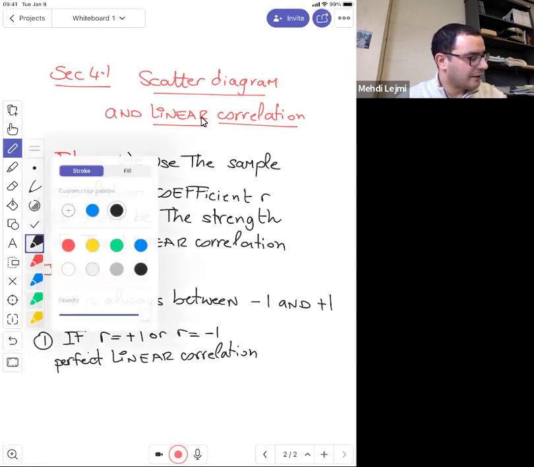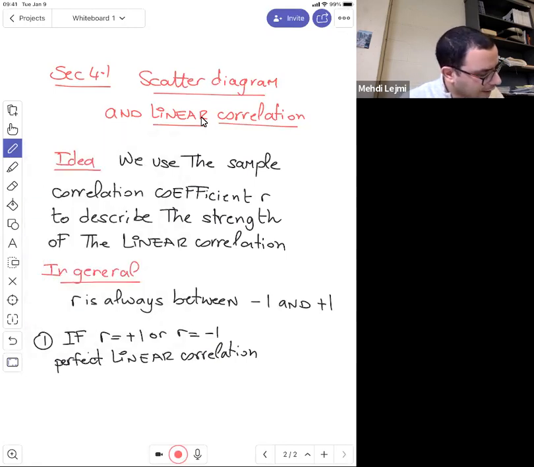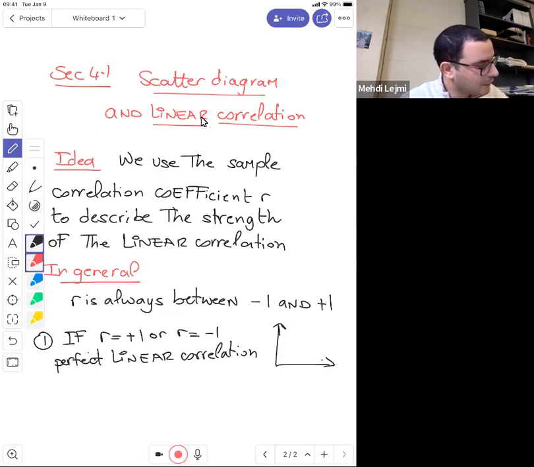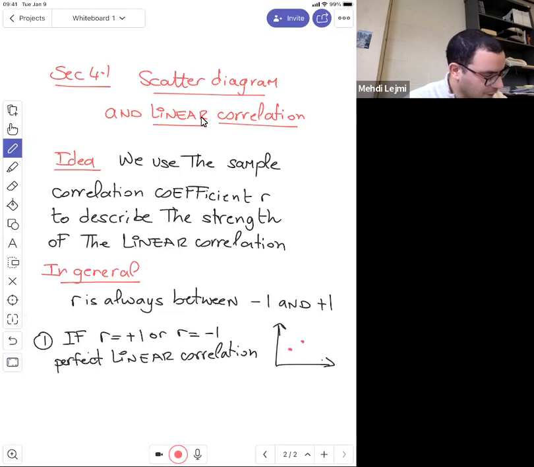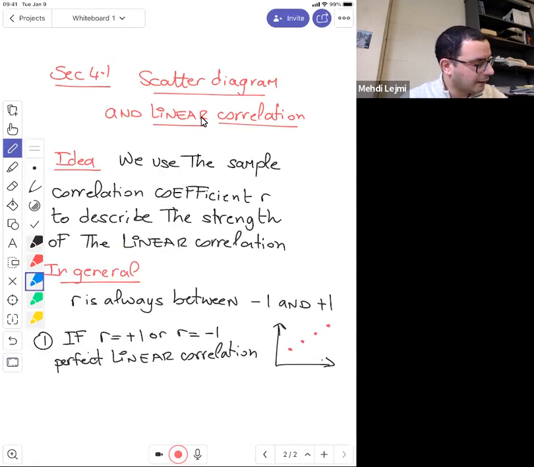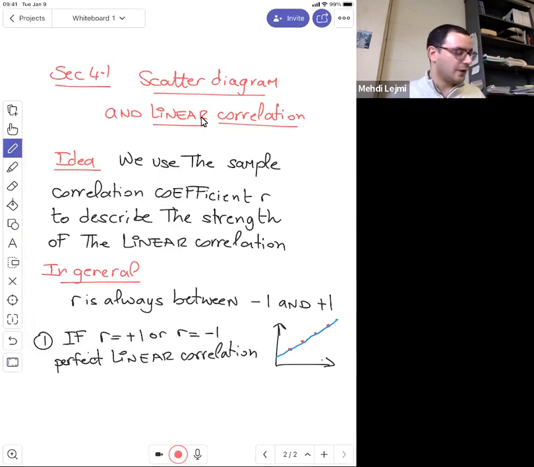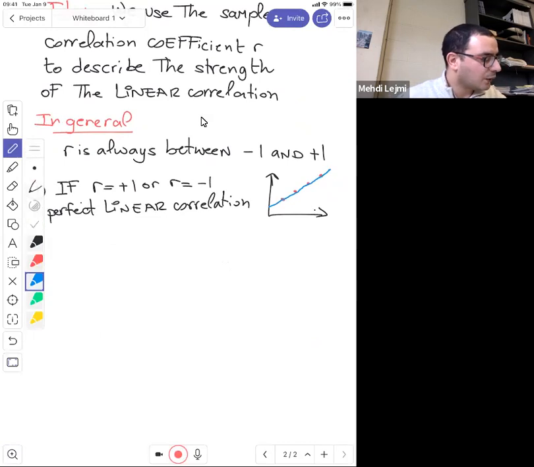So the scatter diagram would look something like this. When you plot your points, all the points are going to lie on the same line. That's what we call perfect linear correlation. Now, if this number R is close to +1 or -1, then we do have a strong